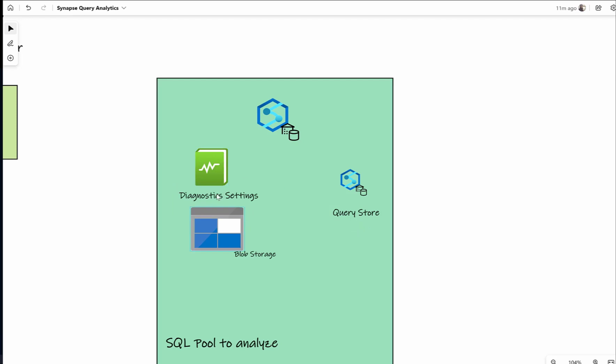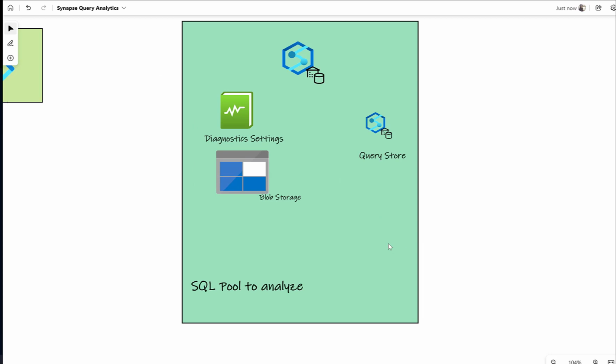However, I have this already tested, but I'm not gonna put it on GitHub for now. So we are collecting data from the Query Store, and I have a pipeline as well. The pipeline is not included in the GitHub. It can be easily created, and it loads the data incrementally from Query Store into a permanent table